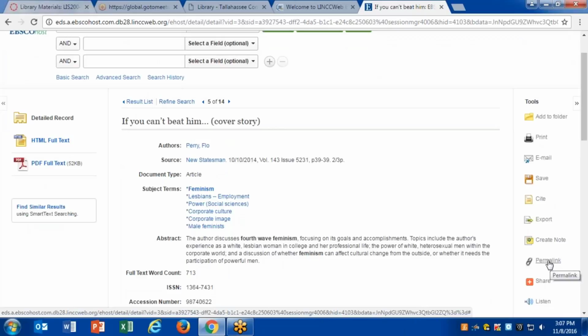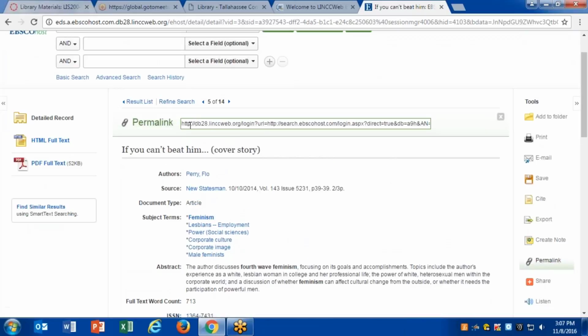Almost every database that we have, somewhere on the item record has a permalink. It's a shorter URL, and you can see it's different from the one in your browser URL box. This will allow us to authenticate directly to this item record without the student having to log in again. So what you do is you grab the permalink, copy it,